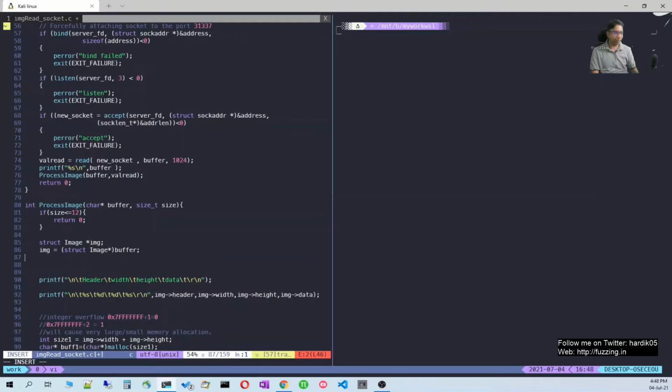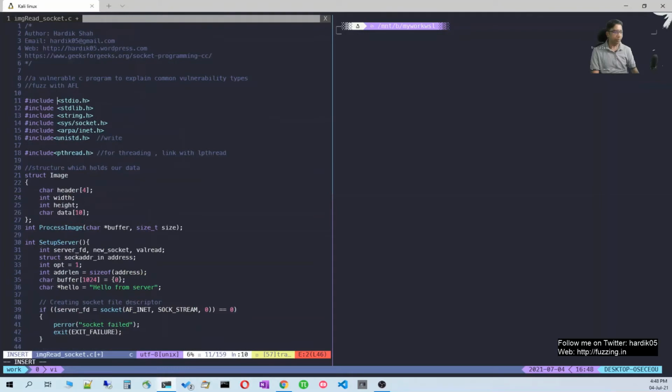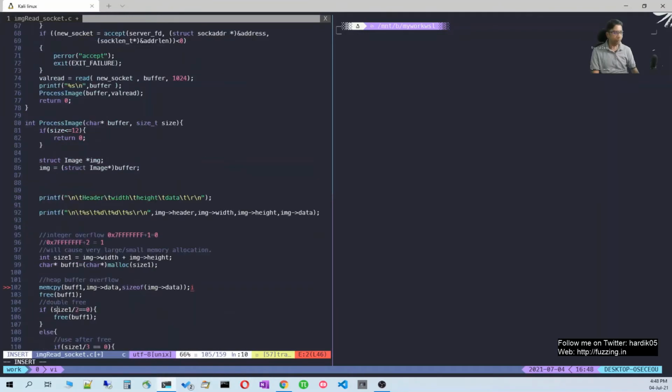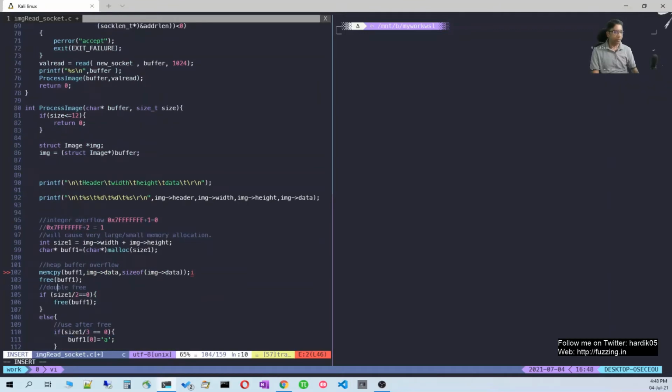And then what we are doing is that we are using one structure image pointer. It is the same structure pointer which is of type image over here, and then we will point the structure pointer to our buffer. So basically we are doing a typecasting so that our buffer data will be converted to a structure image pointer, and then the rest of the things are similar to our last program. It basically prints all the headers and their values.